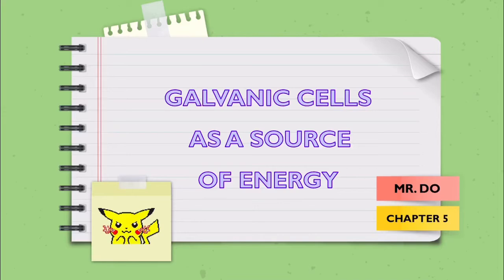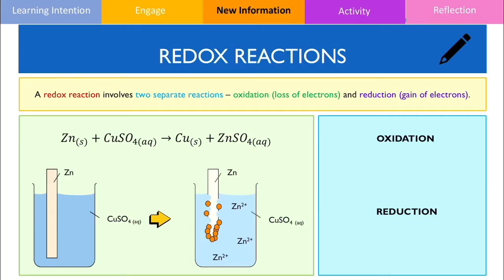Hello class, in this video we will be learning about galvanic cells and how they're harnessed as a source of energy. Before I discuss what galvanic cells are, it's important for us to have a solid understanding of what redox reactions are. A redox reaction is a type of reaction that involves the transfer of electrons. This process involves two separate reactions: oxidation, which involves the loss of electrons, and reduction, which involves the gaining of